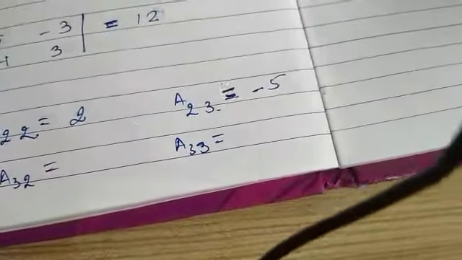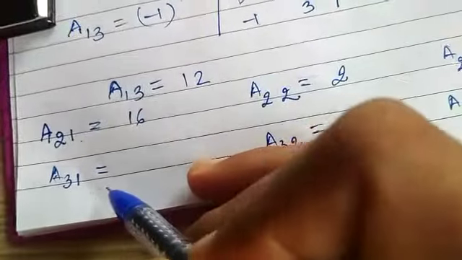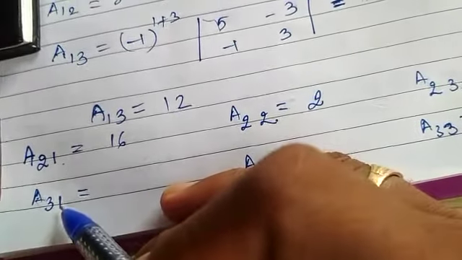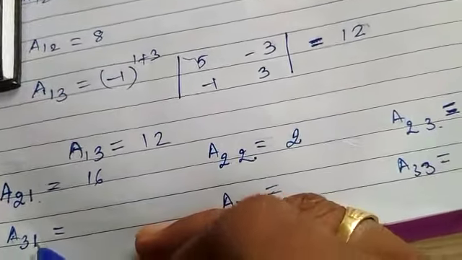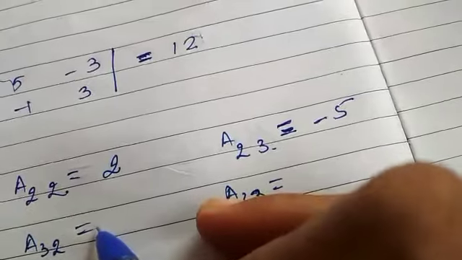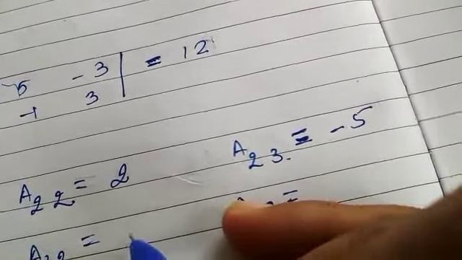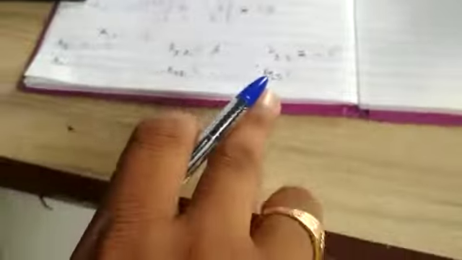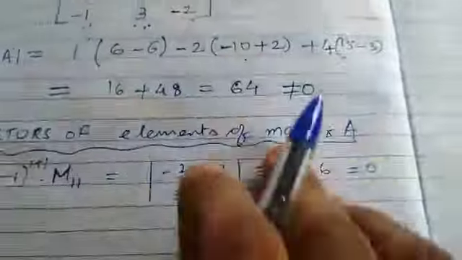In the same way, we will calculate the third row, first column element, that cofactor. How to calculate? Since it is even location, need not change the sign. Odd location, change the sign. Whatever answer you get, you just reverse the sign. And this is third row, third column, it is positive. So it is plus, minus, plus. So we'll go with this.